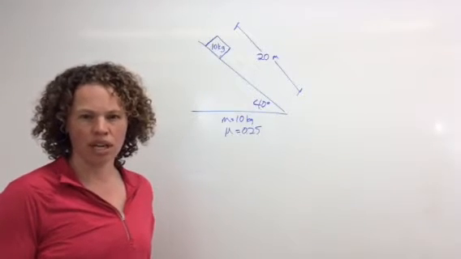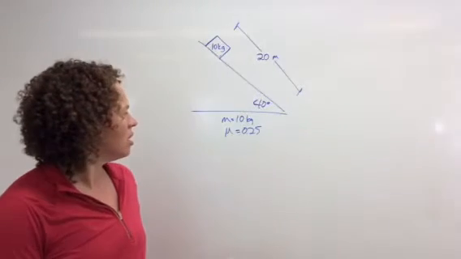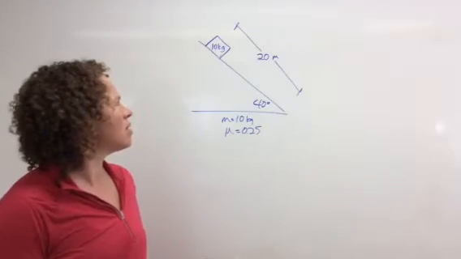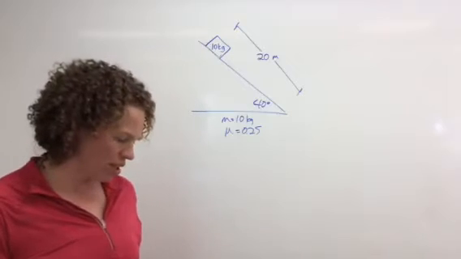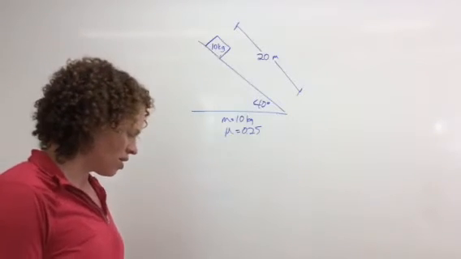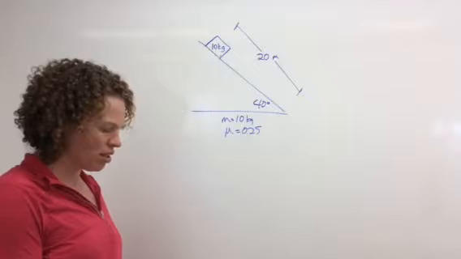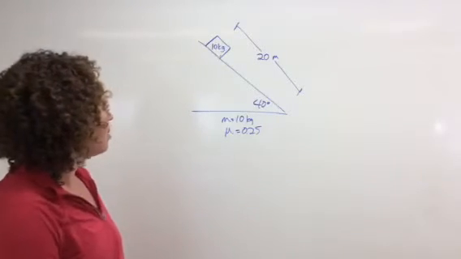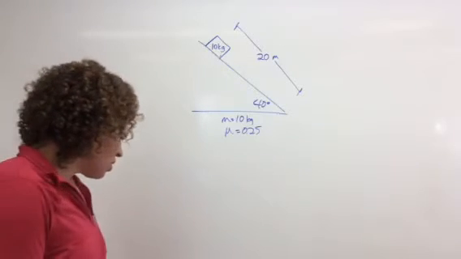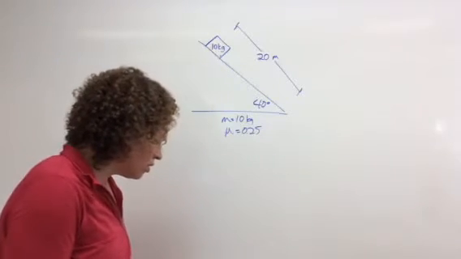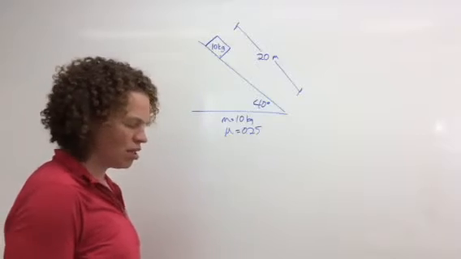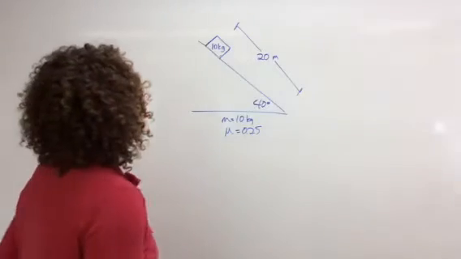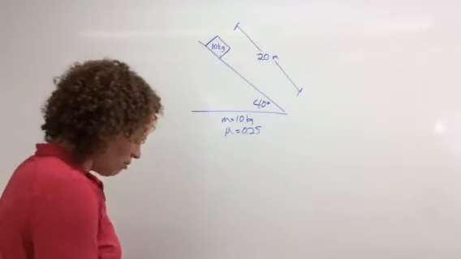Okay, so now we've got a lot more complications in here. They've given us a mass, they've given us mu, and they've given us the average setup beyond that. So what they want us to do is the same thing. We're still supposed to be trying to figure out the acceleration and the time, but we're going to have to do a little more work to get there. So the problem with mu all of a sudden is that, oh, well, that means we have friction. And so we're going to have a lot more complicated